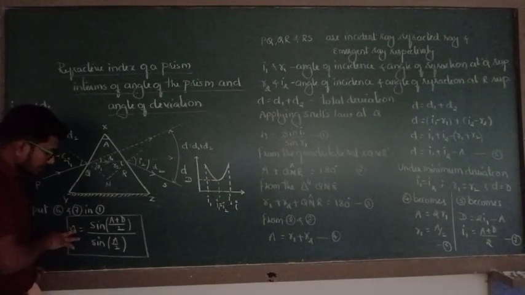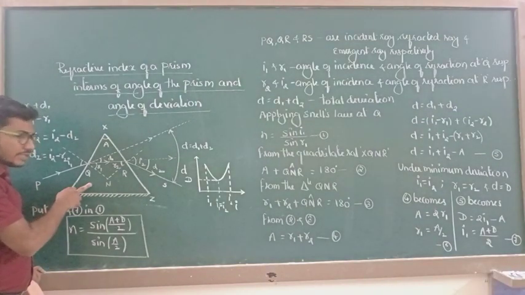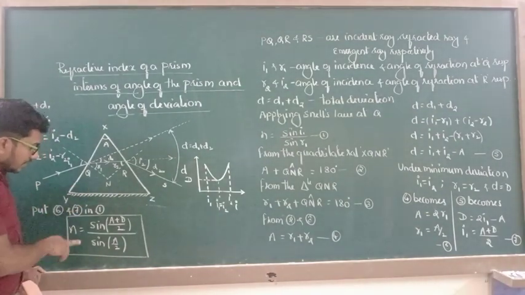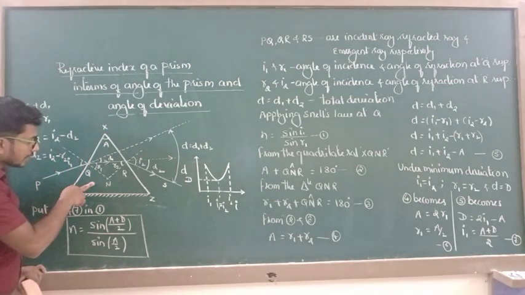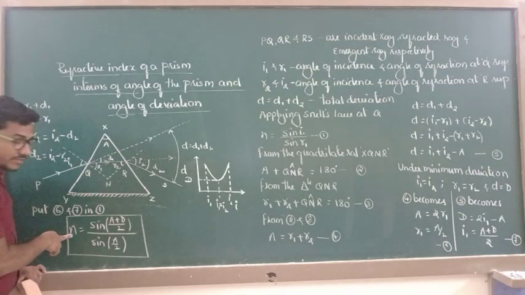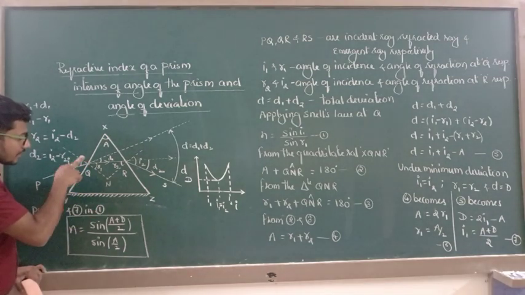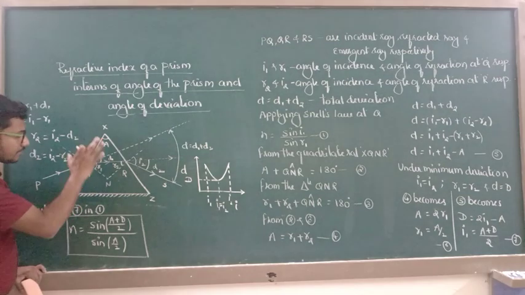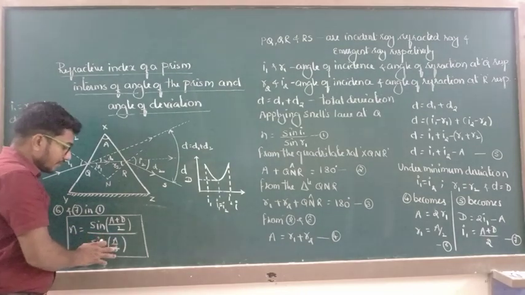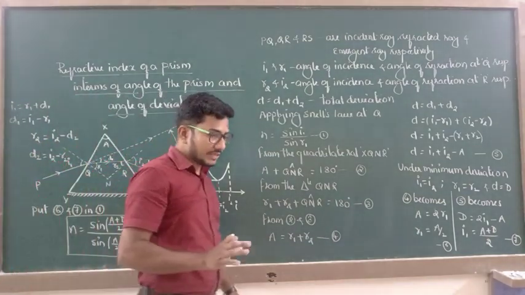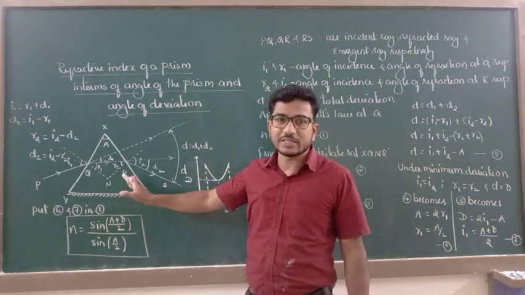So this is the case when light ray tends to travel from rarer to denser. So rarer to denser, it bends towards the normal, and hence here surrounding medium is air, and according to our assumption refractive index of this medium is n. Applying Snell's law at this point gives the refractive index of this prism, and that refractive index is n. So in your examination they are going to frame a question by giving angle of the prism and angle of deviation, then we can calculate refractive index of material of the prism.